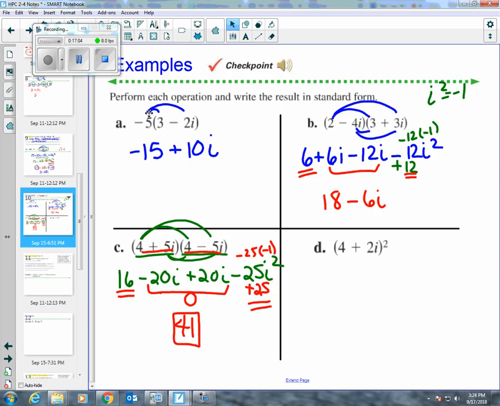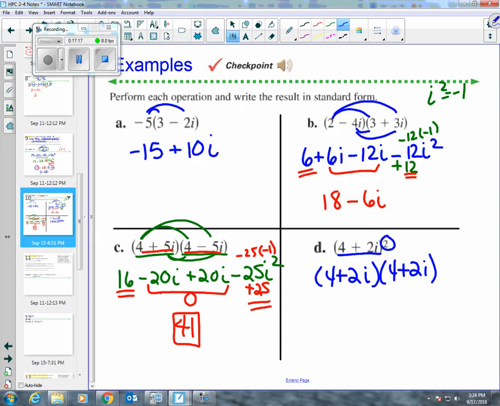So kind of cool. That's going to play a part in what we do next in dividing. All right, what does it mean if you have a binomial squared? Well, that means you take your binomial and you multiply it times itself. So you're still doing FOIL. Don't fall into that trap of Algebra 1 where you just square both things. It's actually FOIL. So first,